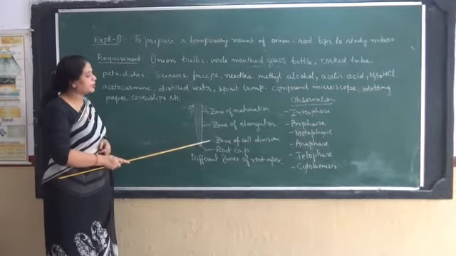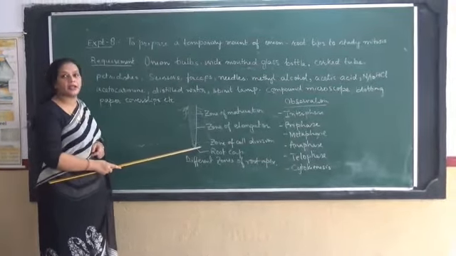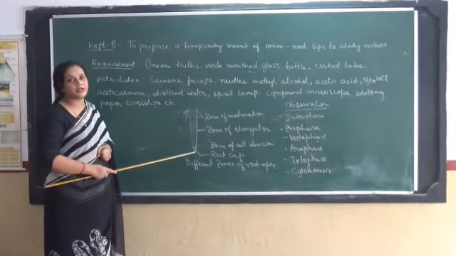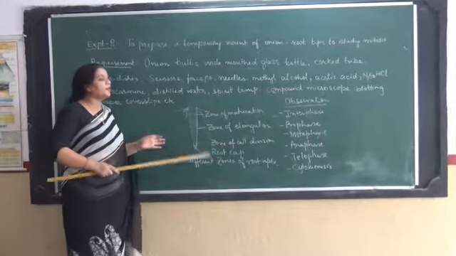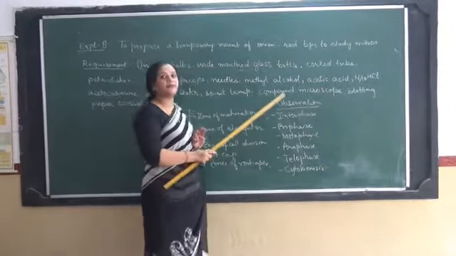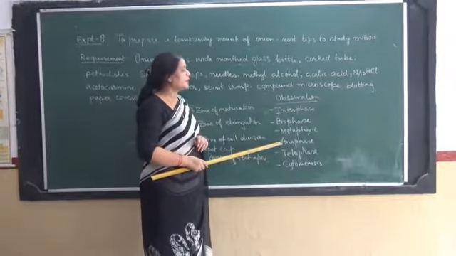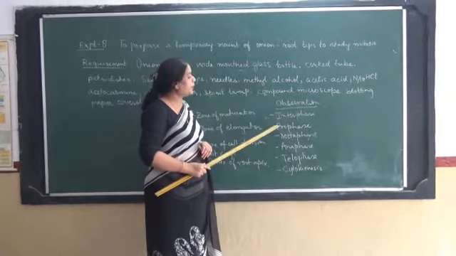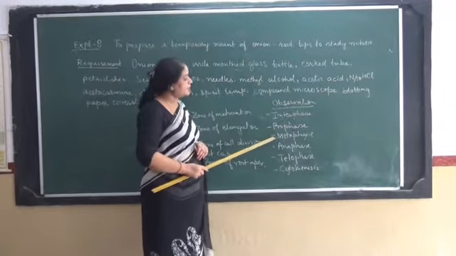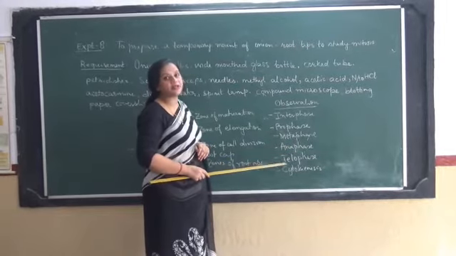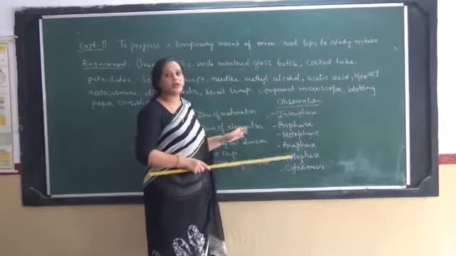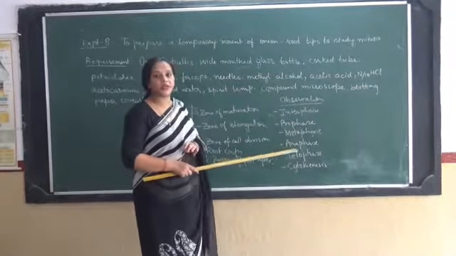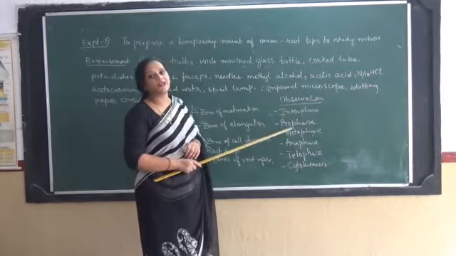So we will have to take the part of the root which is at the terminal end, because the meristematic tissues which are undergoing cell division are present in this region only. When we take the slide, we will be able to observe the different stages of mitosis. As you must be remembering, mitosis consists of interphase, followed by prophase, metaphase, anaphase, telophase, and cytokinesis. All these phases can be studied by the movement of the chromosomes inside the cell, as well as the cytoplasmic movement.